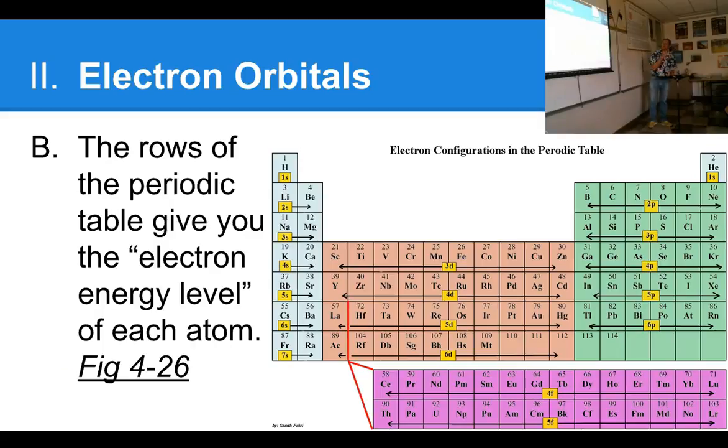Okay? The rows of the periodic table give you the electron energy level of each atom. So, hydrogen and helium only have the first energy level, 1. The next one is energy level 2, and then energy level 3. And then over here, energy level 4, but then when you get here, you're reading 3. It's kind of a little bit confusing. It has to step down 1. So energy level 1, 2, 3, 4 here, and 4 here, but this middle